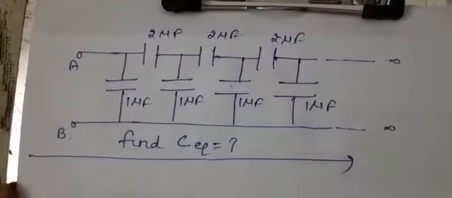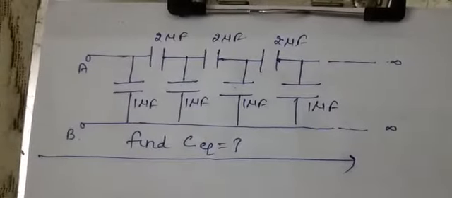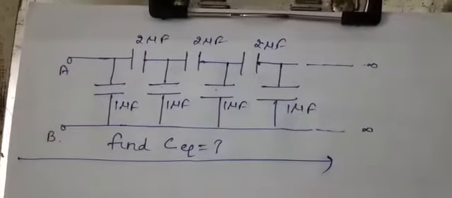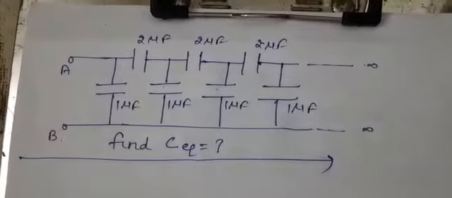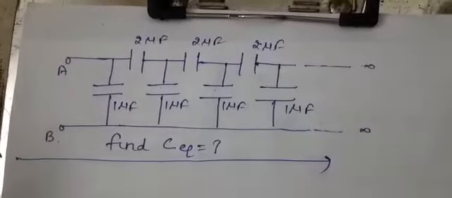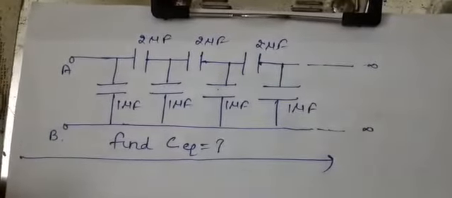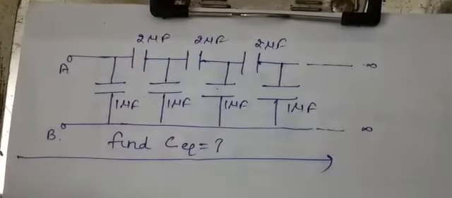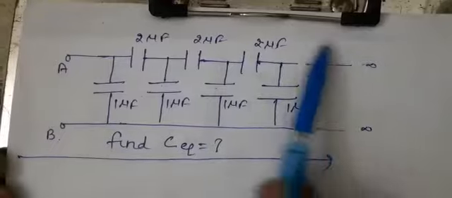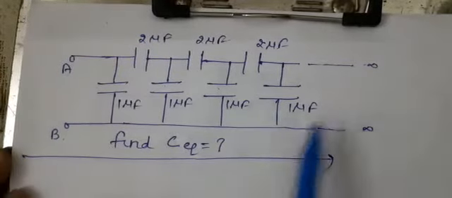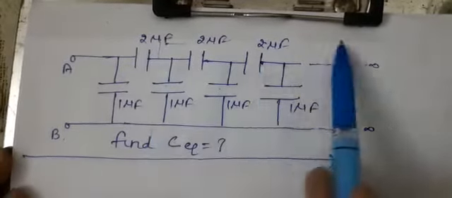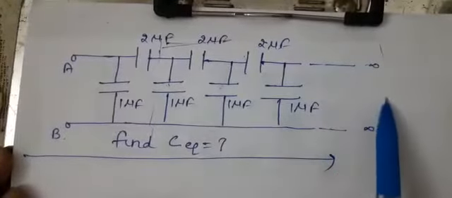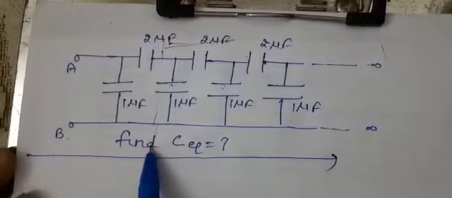Suppose we say there is infinity. If we add something to infinity or subtract something from infinity, it will not make any difference. If there is a big ocean, and one bucket of water is taken out from it or added to it, it will not make much difference. Likewise, in this ladder, this portion is repeating every time. So if we consider this to be capacitance C,